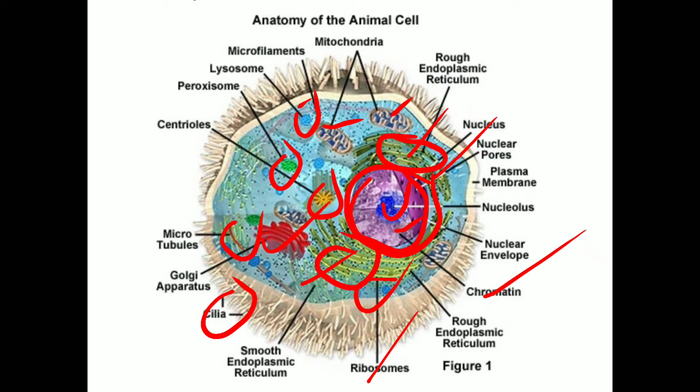So every cell contains a nucleus. In the nucleus, chromosomes. In the chromosomes, genes. In the genes, DNA is located. Every animal cell has a cell membrane around it, and inside is the nucleus. In the nucleus, the fluid present is called nucleoplasm. Other than the nucleus, the fluid present in the entire cell is called cytoplasm. Cytoplasm plus nucleoplasm is called protoplasm. In the cytoplasm, different kinds of cell organelles are located, which perform different functions.